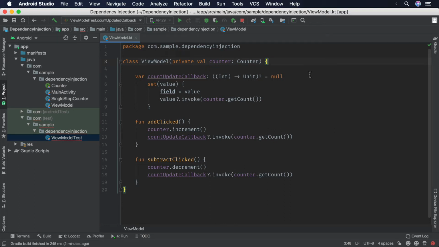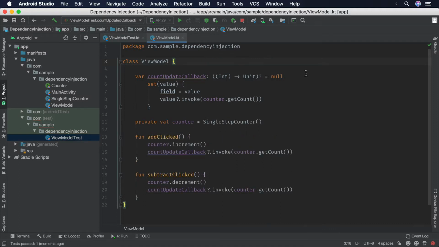Our app worked perfectly fine before our change, and as far as the user can tell, there is no difference. So what is the real benefit of dependency injection? Going back to the first version of our view model, where it creates an instance of the counter dependency, we